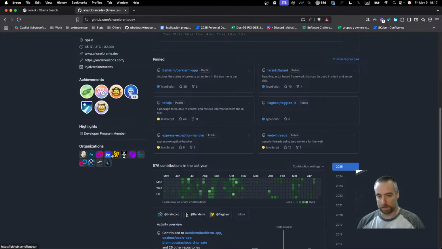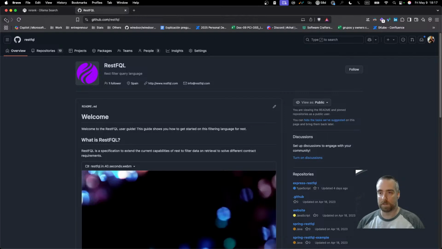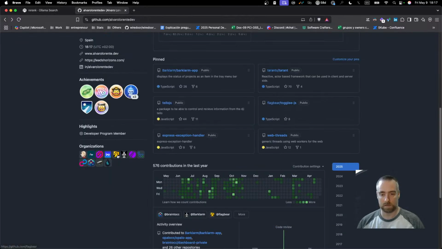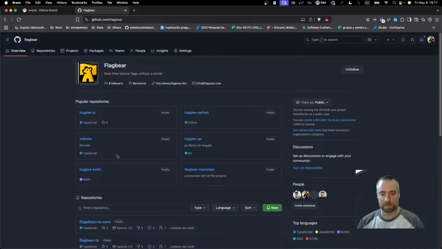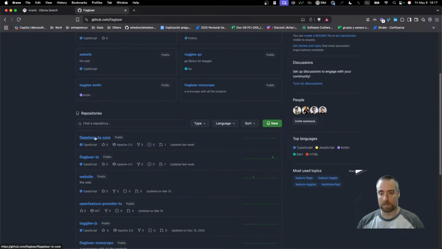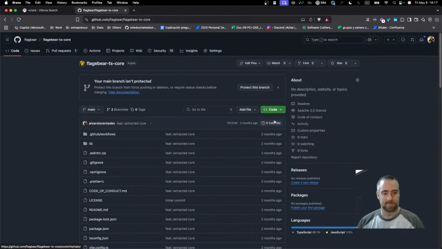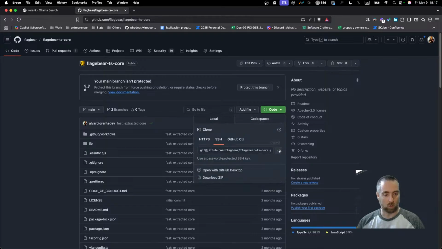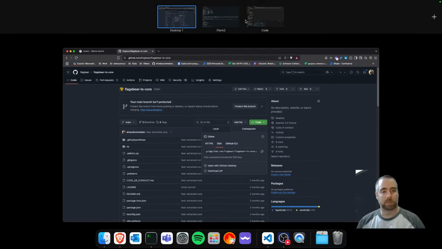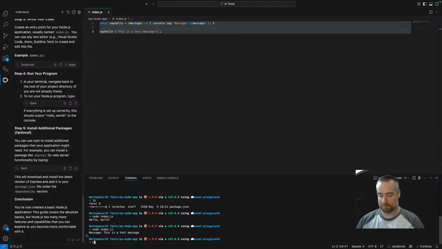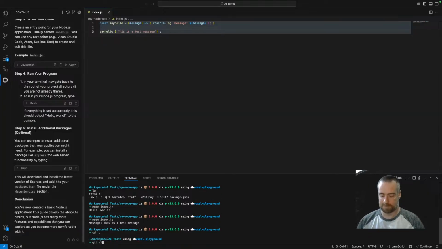I don't really care too much which one. Let's go to REST SQL maybe, or should I go to the feature flags? Let's do this one. Let's take the core out of it. So if I do cd, git clone,